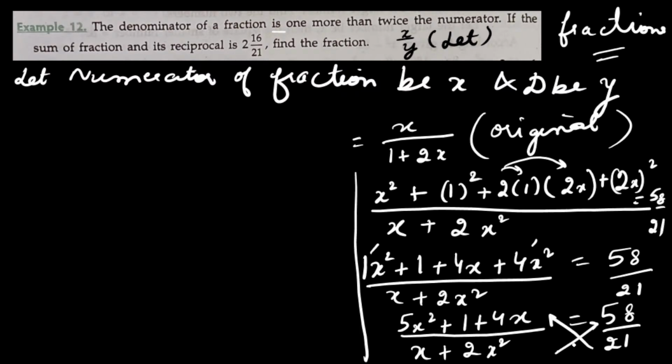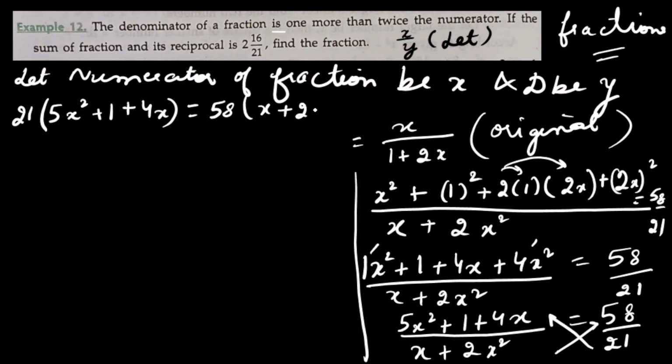Now if I do cross multiplication, 21 will get multiplied with this one, 5x square plus 1 plus 4x, and 58 will get multiplied by x plus 2x square. Now we just have to multiply the number which is written outside the bracket with each and every term of the